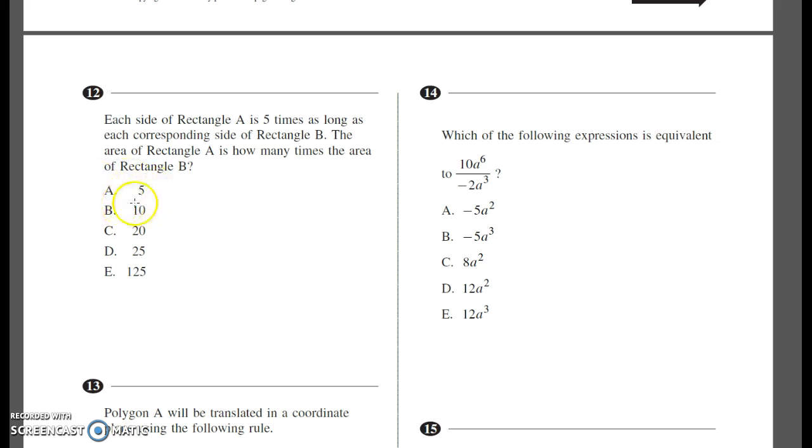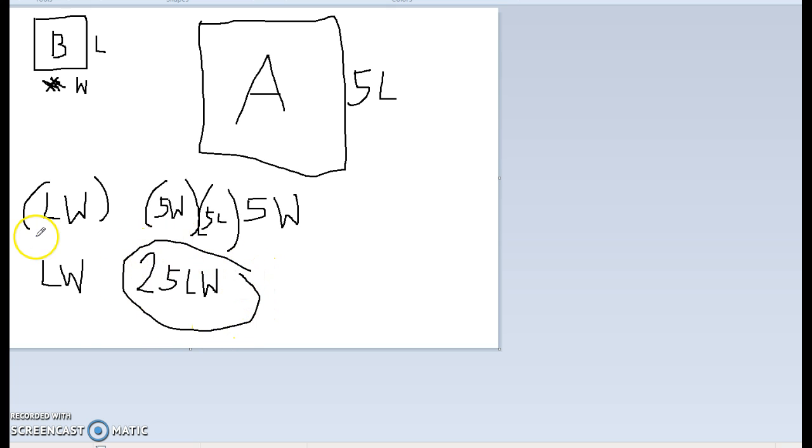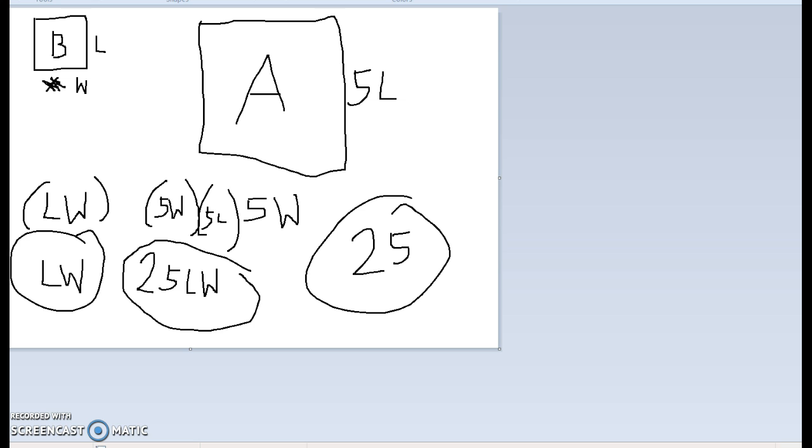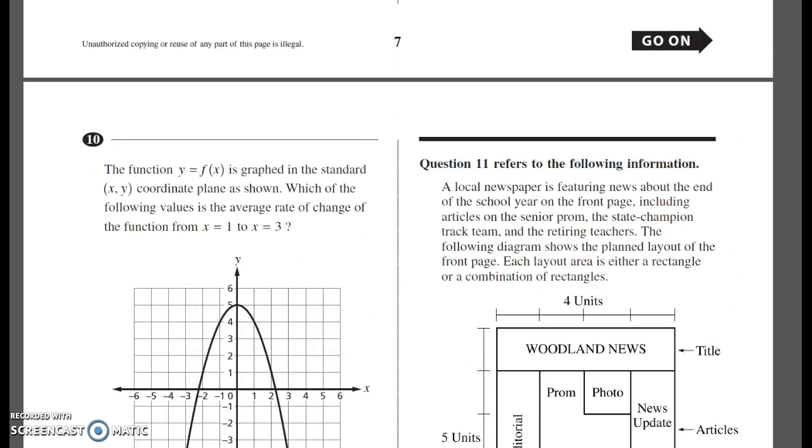A lot of you would maybe think it was A, but what's actually going to happen is when we multiply these two out, we would end up with 25 length times width. And how does that compare to a regular length times width? We have 25 more of these than we have of these. So our answer is going to be 25 because it's 25 times bigger than this one. These are obviously not drawn to scale, but if they were, you would be able to fit 25 of these small ones into this larger one. So those are questions 10